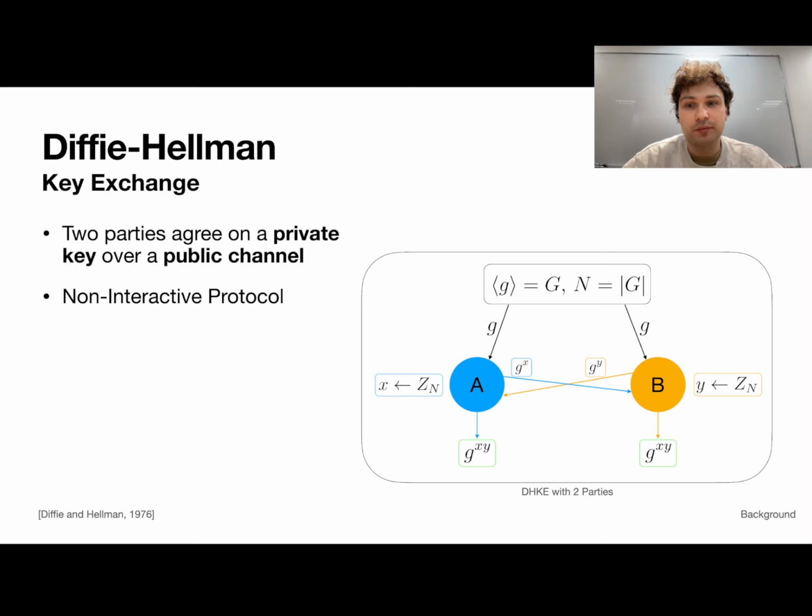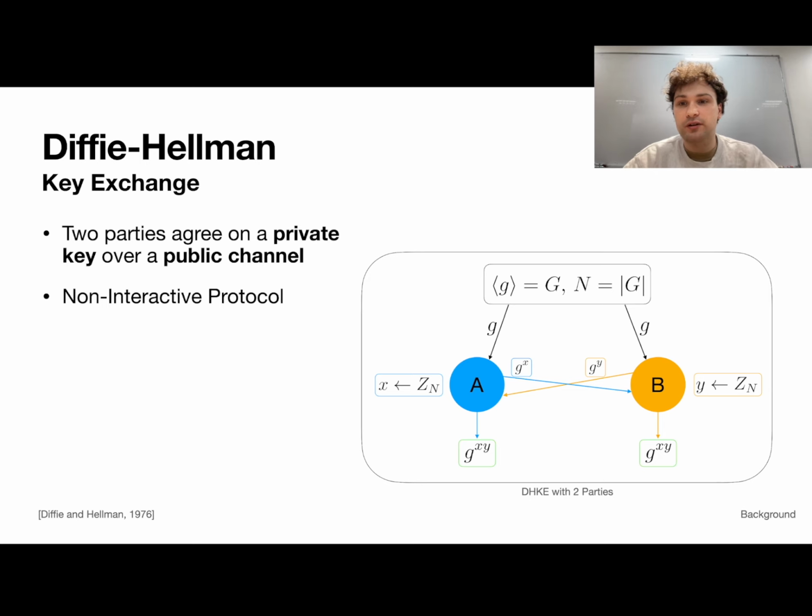And that's going to be the private key that they're going to then use for symmetric encryption or whatever other purposes. The main idea is that the key is going to be hard to recover given only g^x and g^y, but neither the integer x nor the integer y, and separately that key is going to be close to a random key, because in symmetric encryption generally what we want is a uniformly random key.